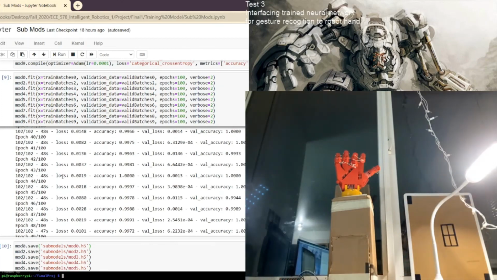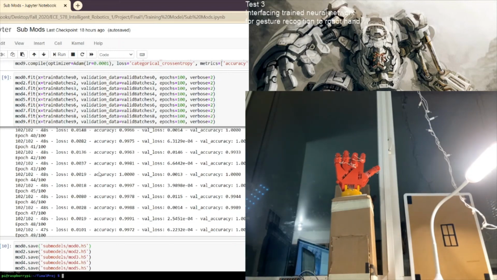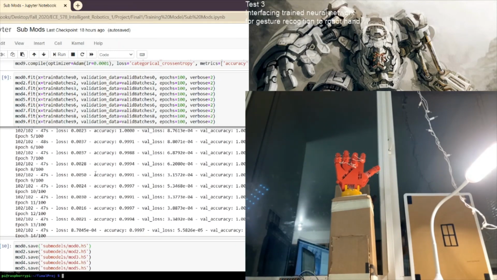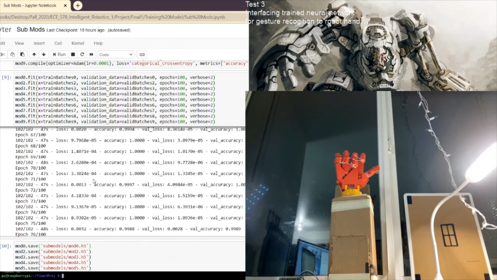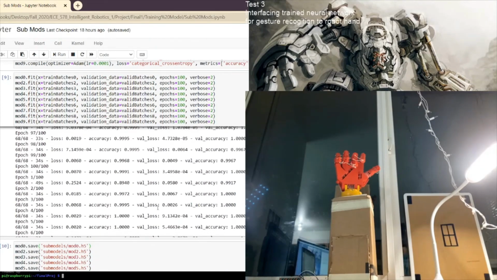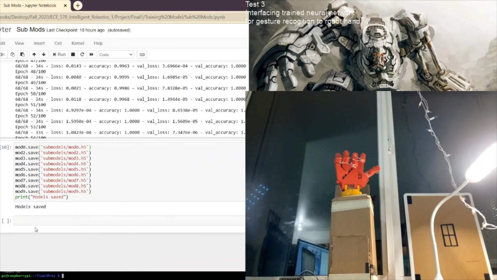If we increase the number of outputs, the dataset is also increasing, and the time taken for each epoch also varies. So training all these models took me around 24 hours, and once they were trained, I saved all those models. Just some time ago, this got finished, and now I'll be doing that two-step process.